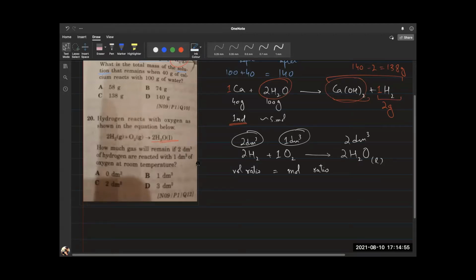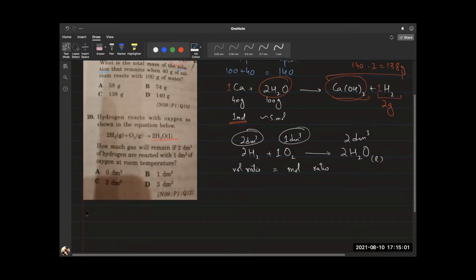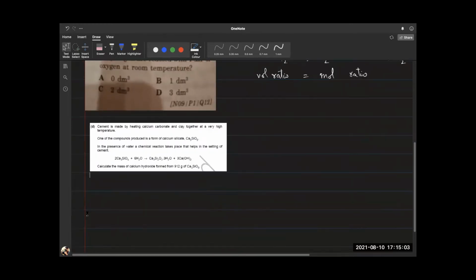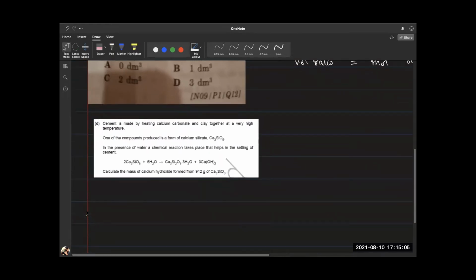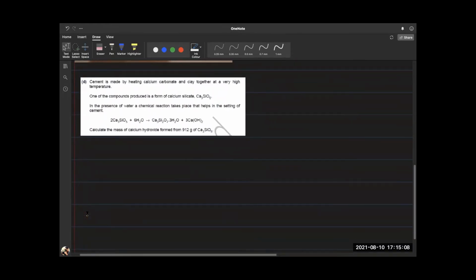All right. So I have a few questions that I would like to solve with you, and the remaining I will share with you to solve. So these are all from past papers. Okay, so there's a whole story behind this question which is pretty irrelevant to our requirement. What's the question? The question is just this last part. You have the equation and you need to calculate the mass of calcium hydroxide formed, this thing, when 912 grams of